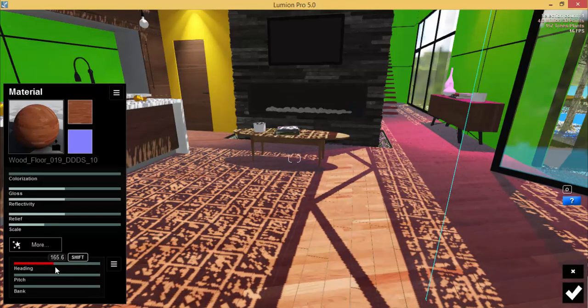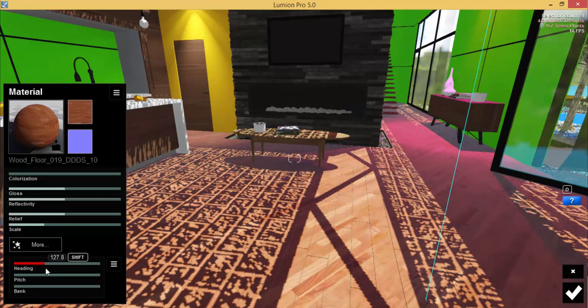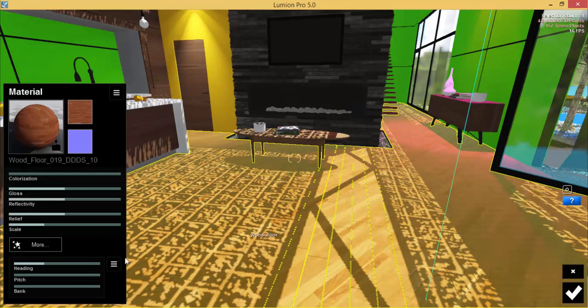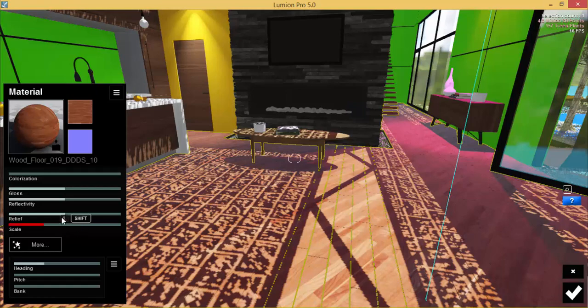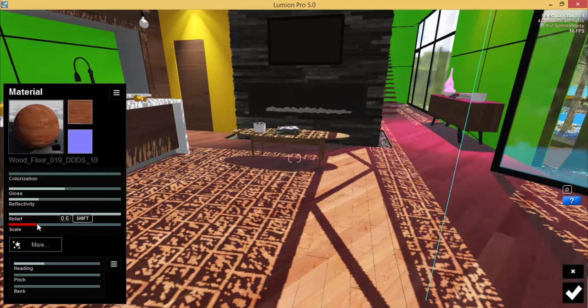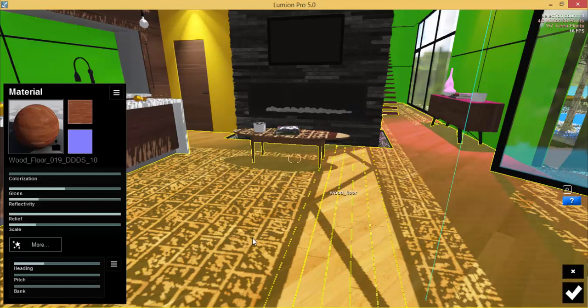We can add it to make it a little bit more dynamic, let's say. This will be incredibly costly to build if it ever gets built like that. And then you can increase the relief, increase the texture of it, and drop the reflection, let's say. And you can play with the scale, make it smaller, make it bigger. Alright, I'll make it bigger just to show you the evidence first.